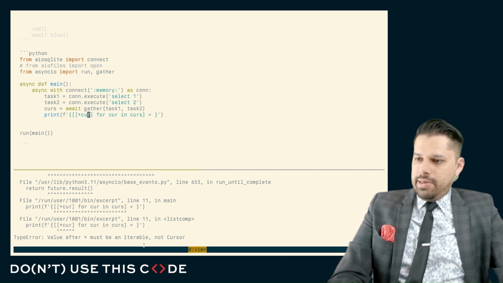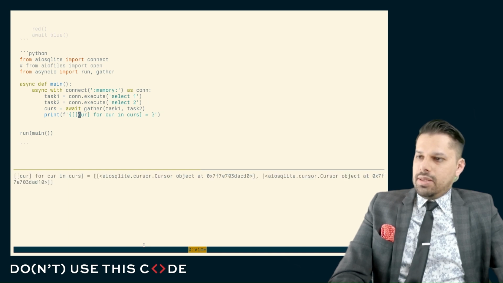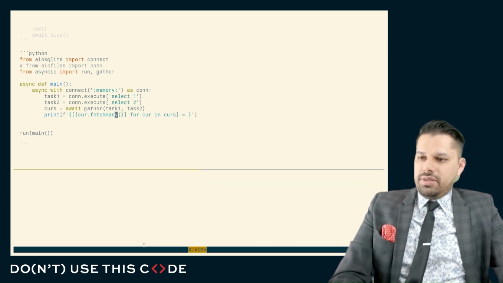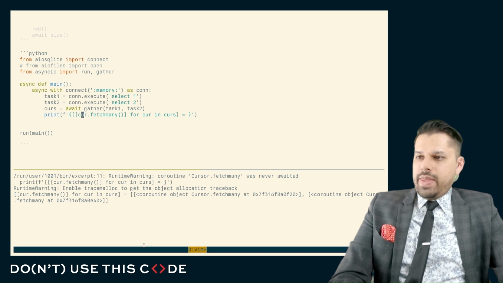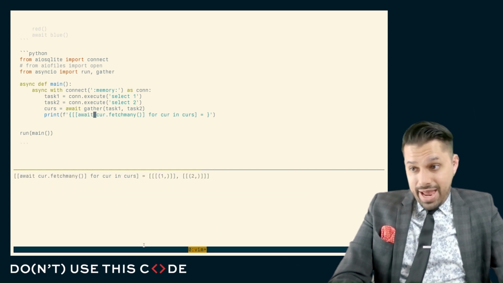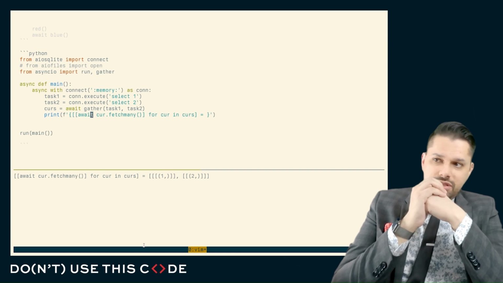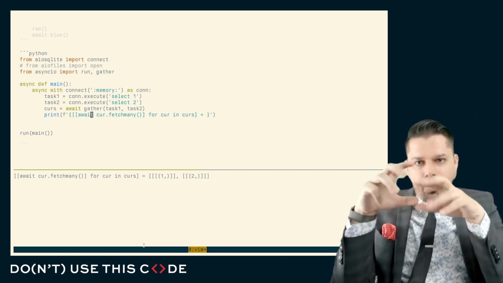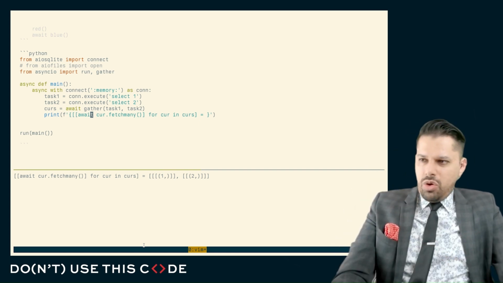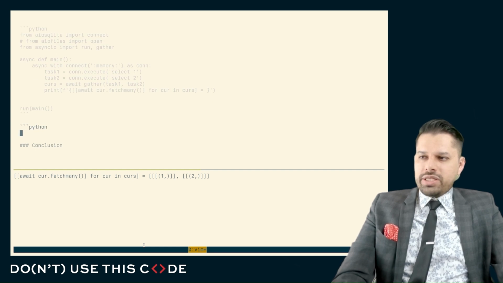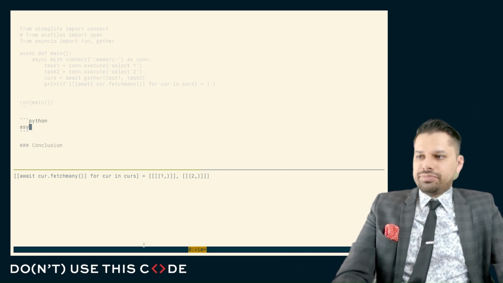And then here we're going to have to fetch. Let's fetchmany from this. And then here we're going to have to await that. And then finally, we get our results. So you can see we have this behavior where everything needs to be asynchronous. Well, to give you a quick summary of all of the syntax we have